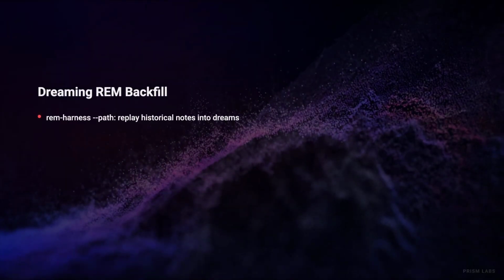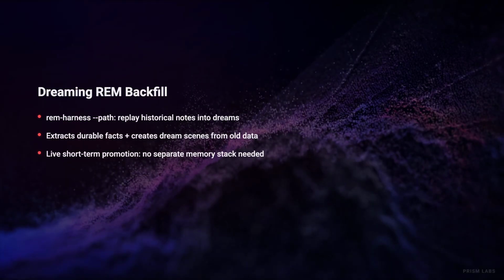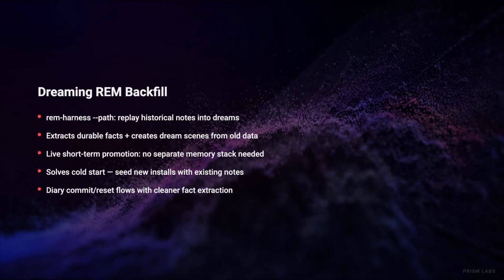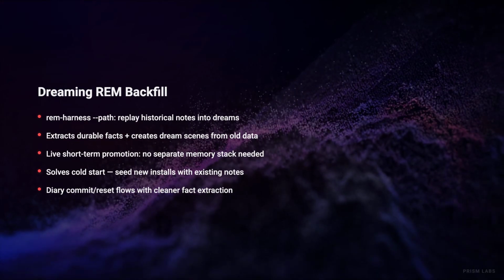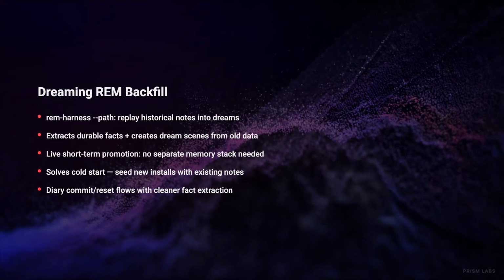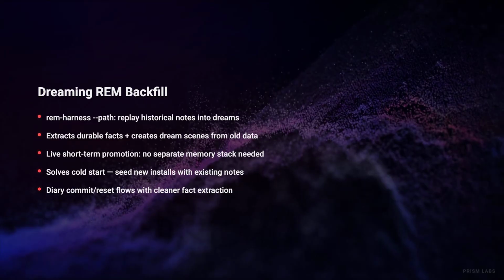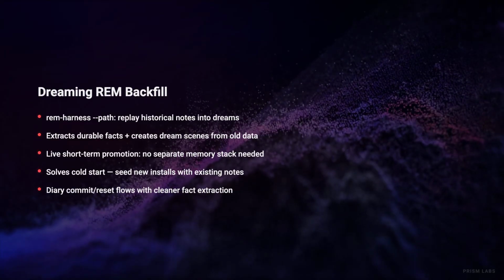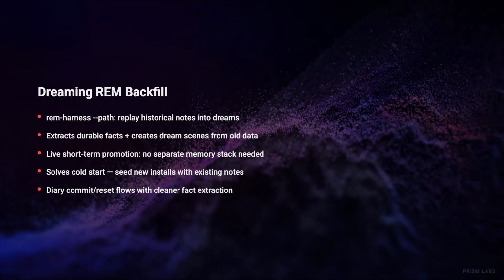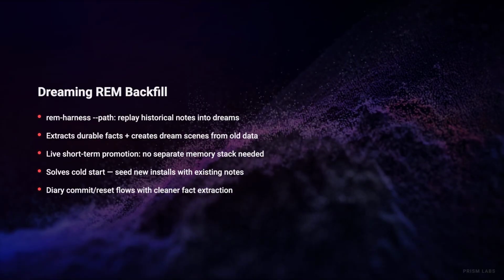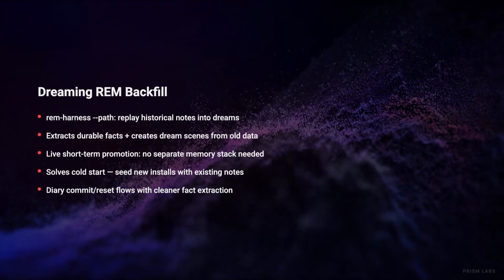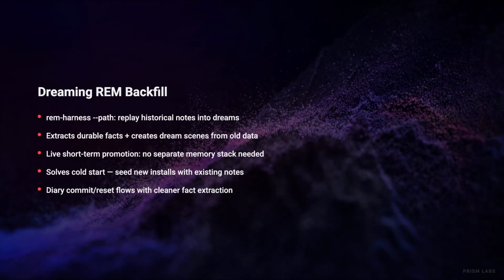The Dreaming system introduced in v2026.4.5 had 3 sleep phases: light, deep, and REM, but it could only process new conversations going forward. This release adds a grounded REM backfill lane that lets you replay historical notes into the Dream system. The REM harness command, with a path flag, points at a directory of old daily notes, and the system processes them through the same promotion pipeline, extracting durable facts, creating dream scenes, and building the agent's long-term memory from